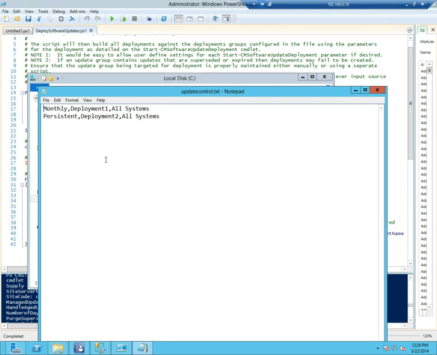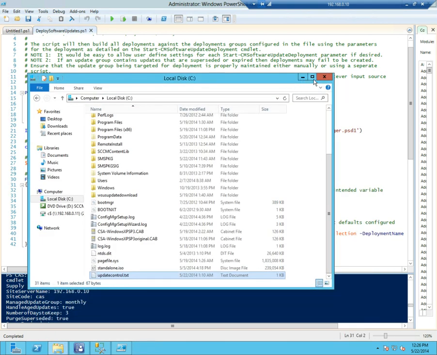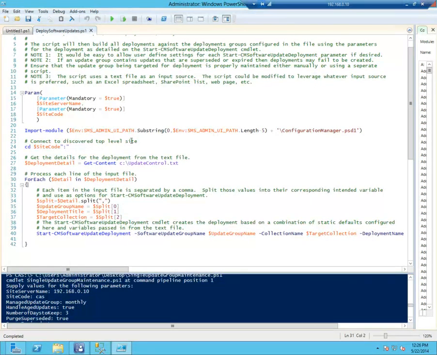The script is designed to read input from a text file. So there will, at the end of this, be one deployment for the monthly group, one deployment for the persistent with different names, and they're both going to go against all systems, right? So the way that's handled in the script is that I simply open up the text file